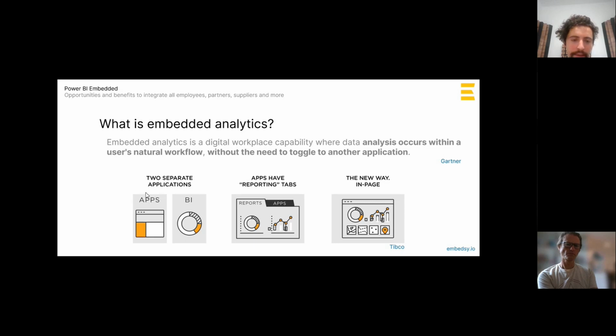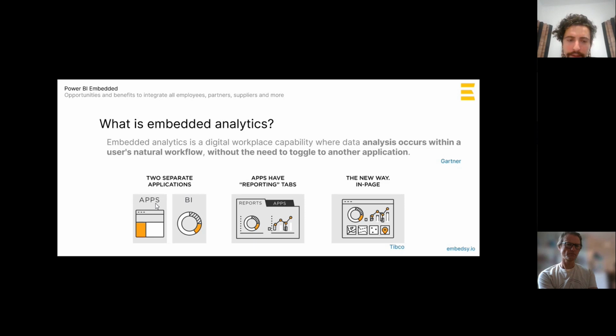You have an app, whatever it might be, ERP system, CRM system, HR management system. And when you want to do analytics, you have to export the data or connect to the data through an API, or build a data warehouse where you get the data outside the app and put it in a warehouse, and then put it in a separate BI tool.